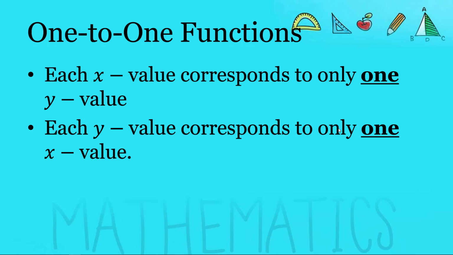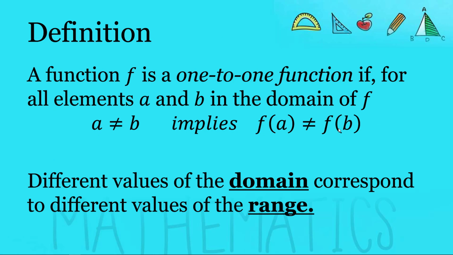So what can we say about one-to-one functions? Well, basically, if a function is one-to-one, then each x value corresponds to only one y value, and similarly, each y value corresponds to only one x value, which is why these types of functions are important when we are considering inverses. Now, the specific definition for a one-to-one function is this. A function f is a one-to-one function if for all elements a and b in the domain of f, the following implication is true: if a is not equal to b,